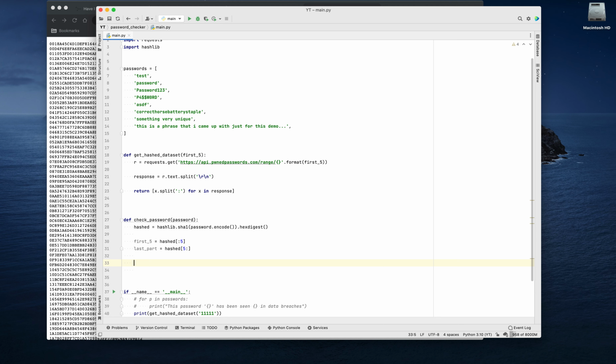And then we will go ahead and get the results. So we'll say hashed dataset equals get hash dataset, first 5. I guess I can keep my naming a little consistent. And then we'll loop through and say for hashed password in hash dataset,